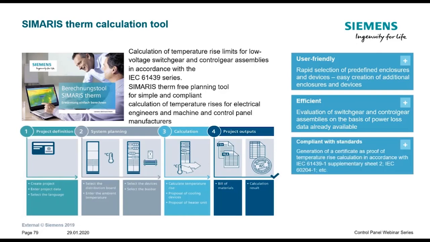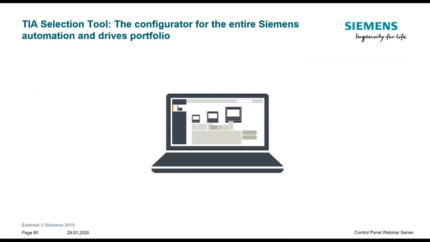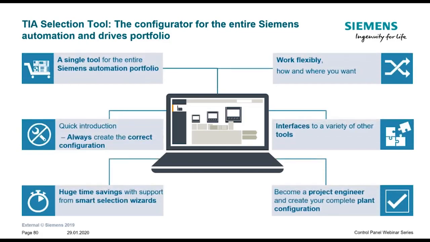The calculation step actually is in accordance with IEC 439 with the selection of required cooling, air conditioning, or heating units. Then, as a fourth step, you will have the project outputs with bill of materials, calculation of everything based, of course, on the IEC standards. It's a really user-friendly tool with rapid selections and easy creation of additional busbars, enclosures, and devices. Really efficient with the evaluation of switchgear and controlgear assemblies on the basis of power loss data already available in the Siemens product master data, compliant with standards also already mentioned. And of course, once again, this is free of charge and this is available for download in